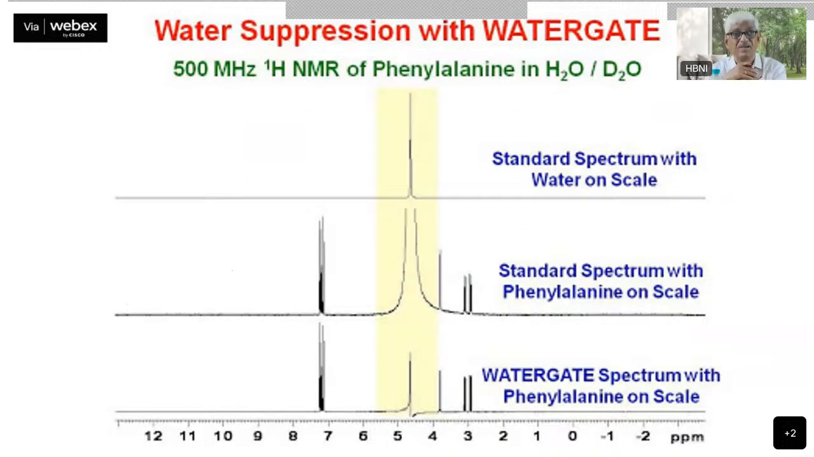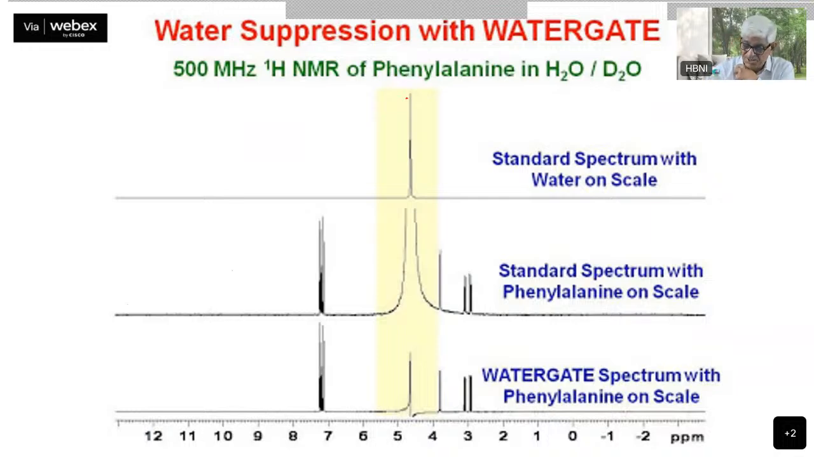So you see the experimental example here of this. This is the spectrum of water. This is the spectrum of the sample with water on scale. That means you maximize this so that this is the water maximum. You don't see any signals of your sample at all, right? Now,